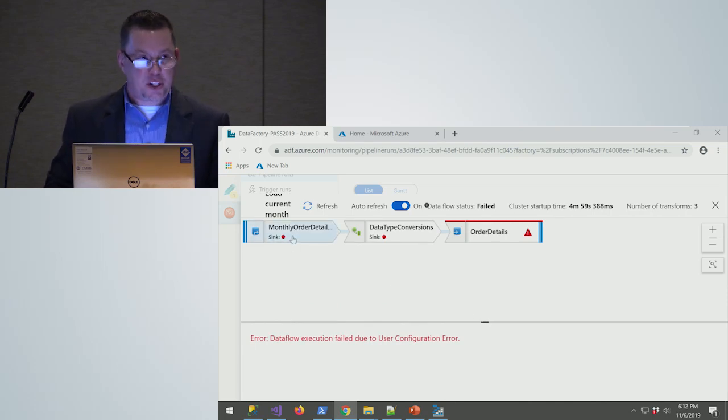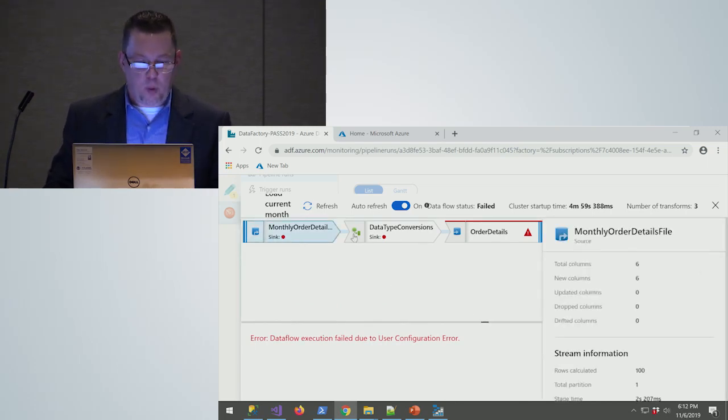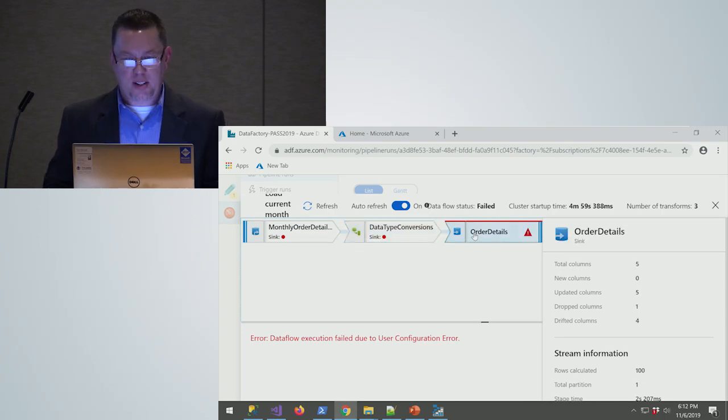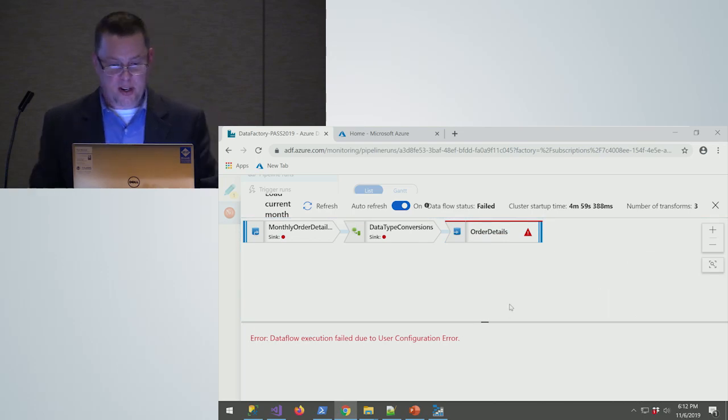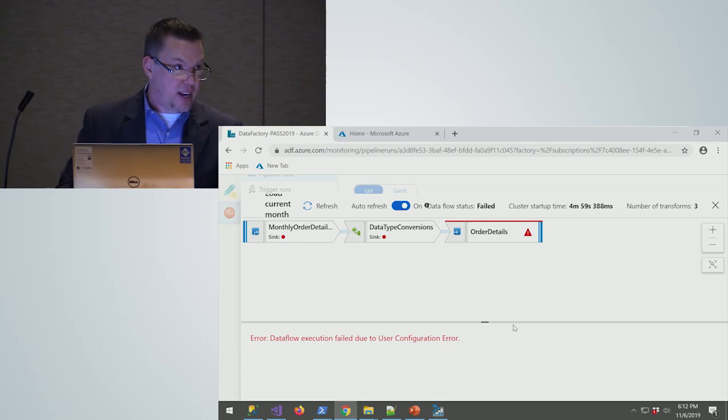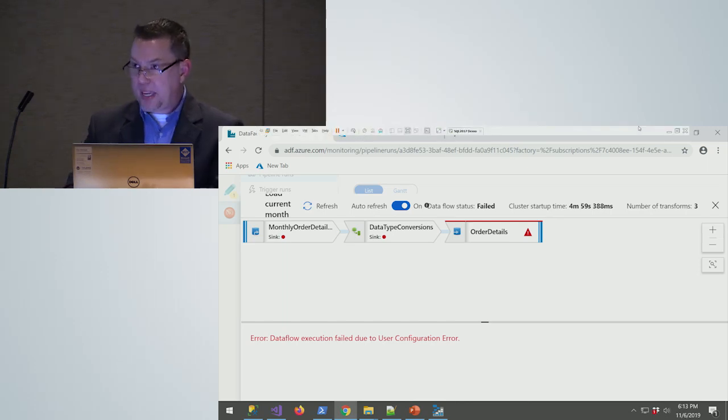This is going to give me sort of an execution plan to show me where the data went from one step to the next, how many rows were processed, or how many columns were processed, how long each piece took. And this is telling me data flow execution failed due to a configuration error. That was a parameter issue where I passed in an incorrect parameter, and it didn't like that. So again, with ADF, you get all the performance information on a pipeline by pipeline and an activity by activity level. You don't get the same verbosity, but for every one of those, we can see how each one performs.